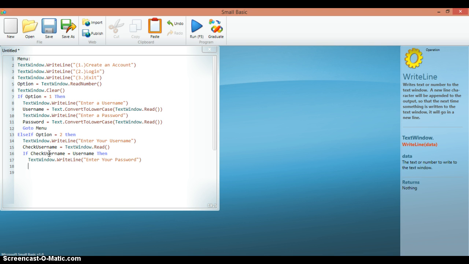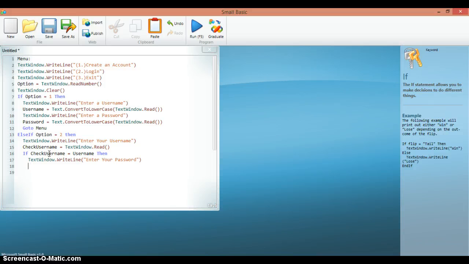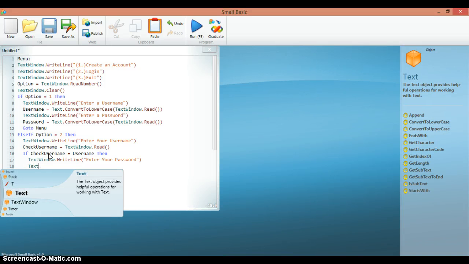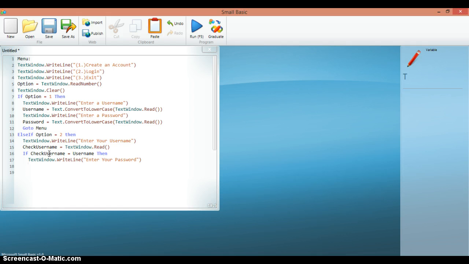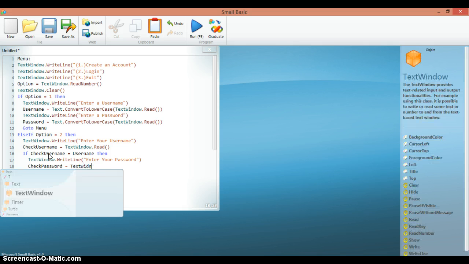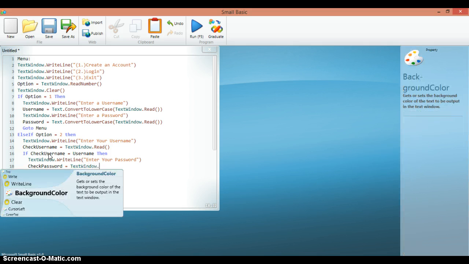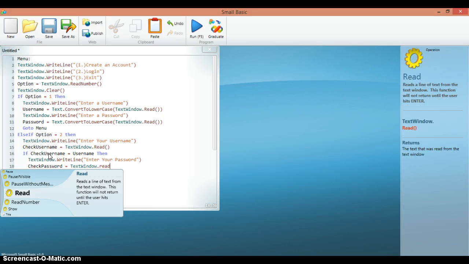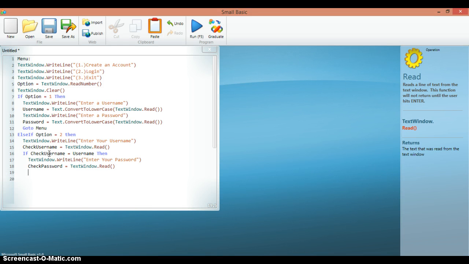And again, we'll do if, and we'll do check password equals TextWindow.Read, and then